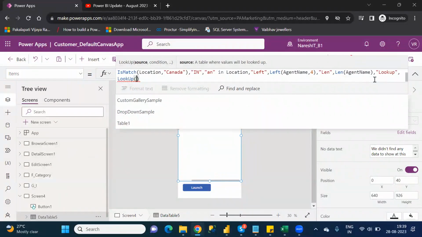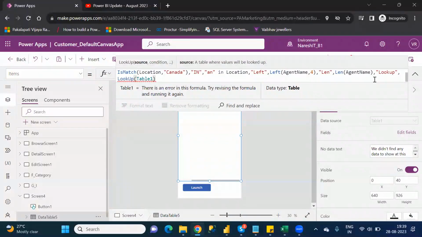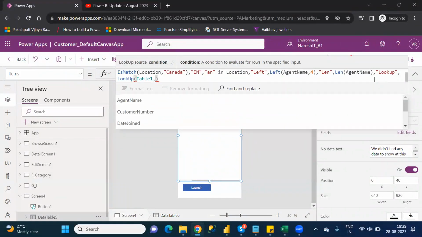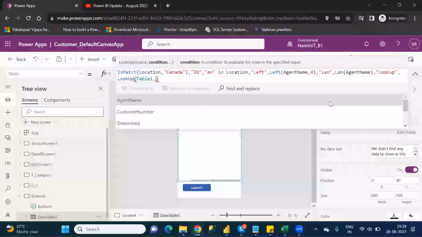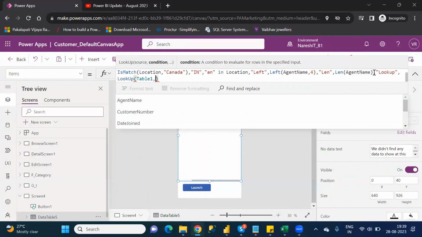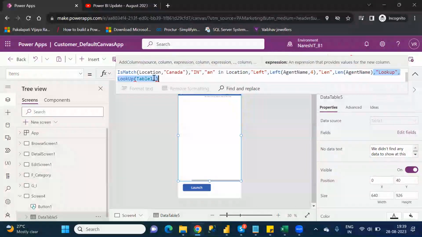That table. What is the data source name? The data source name. After that, you have to write the condition here. That means, suppose, for example,